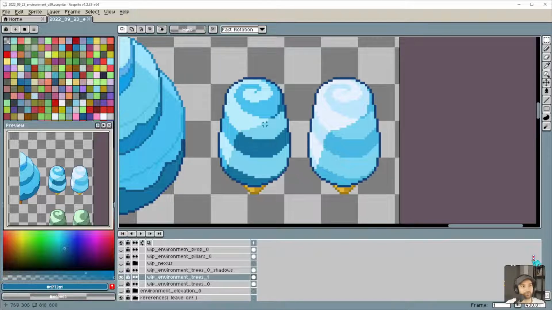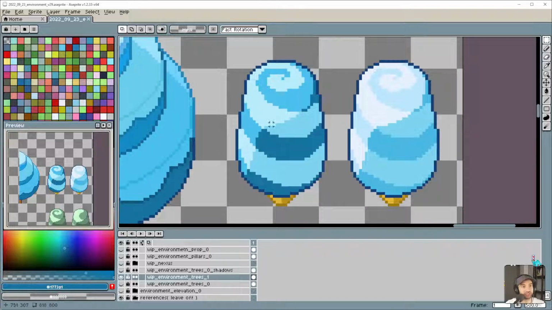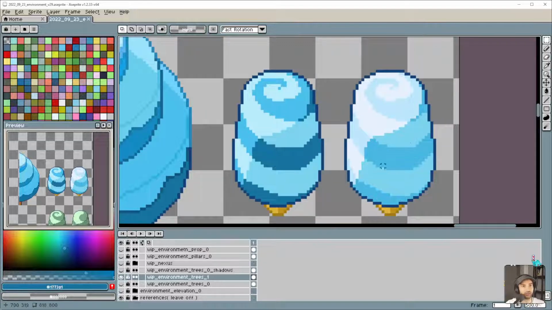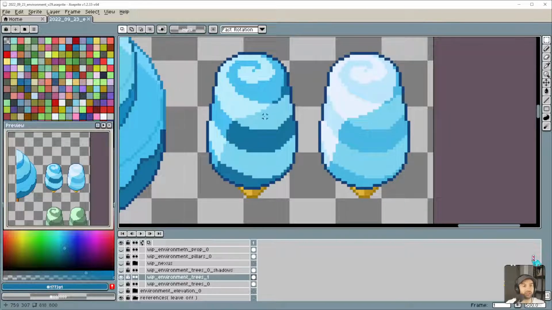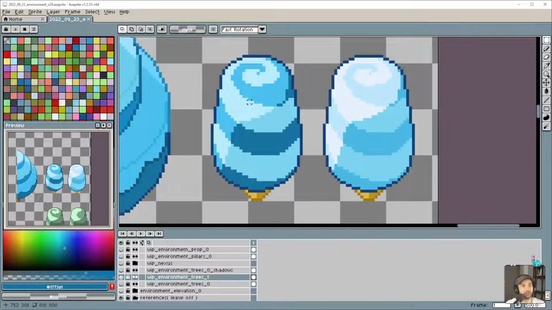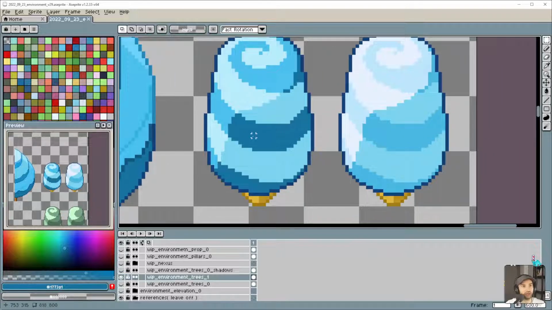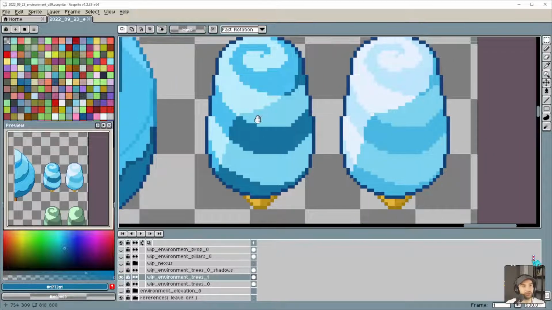So what I want to do specifically, though, is I want to tune these colors. Not exactly this light, but not this dark either. Maybe somewhere in between. But I want certain colors to stand out more, of course. This color here is just too dark.